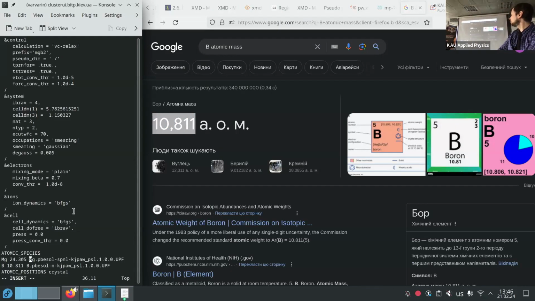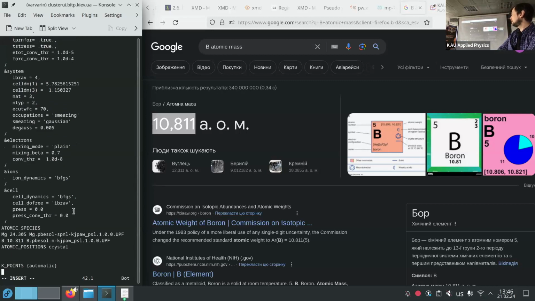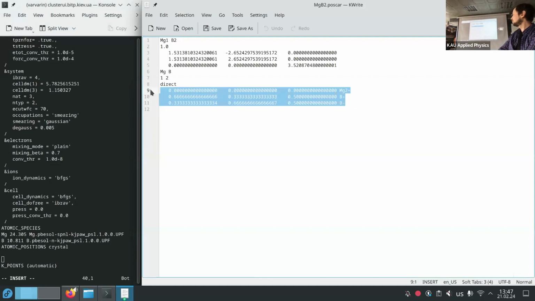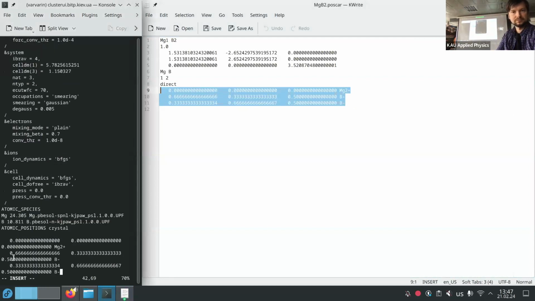Oh, we have almost all: the system fields and atomic species. Now we have to take the atomic positions from POSCAR. We can just copy this. You should write the name of the atoms.